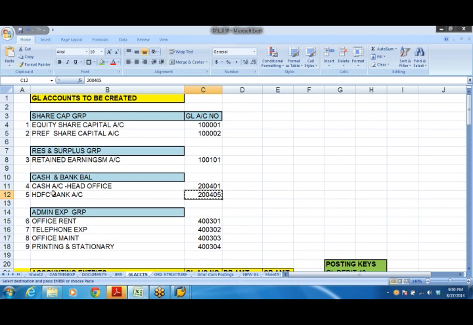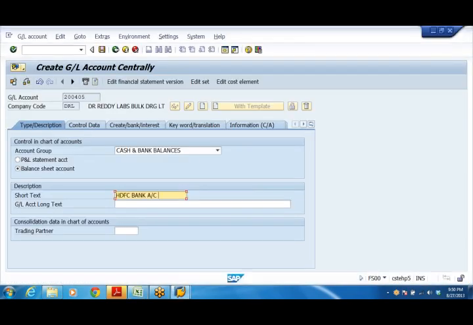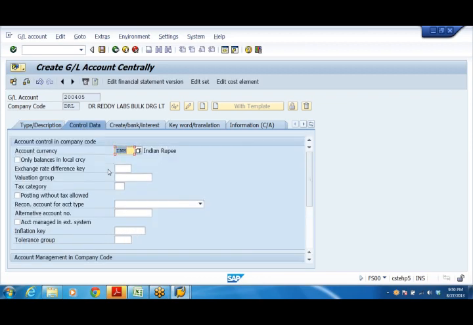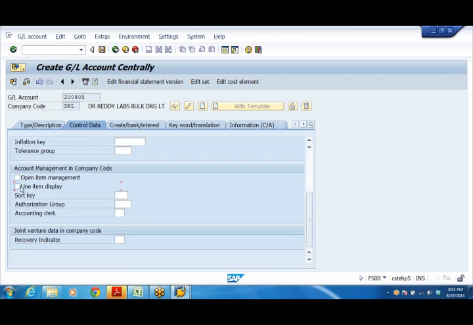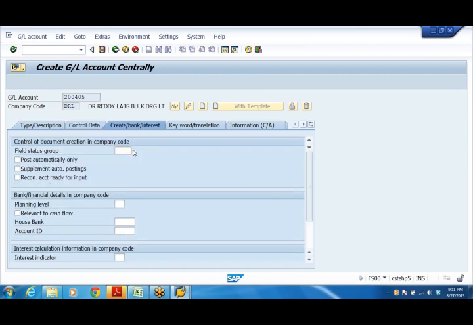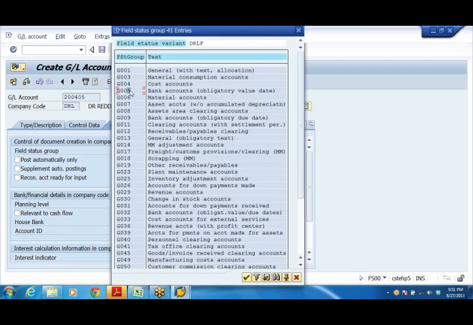Say HDFC bank account. Same parameters. Only balances in local currency. Line item display, 001. But here for field status group I'm going to take G005.